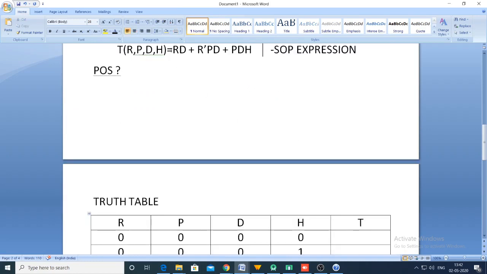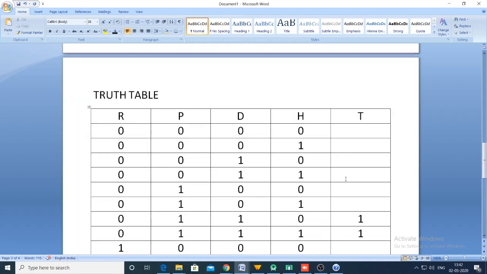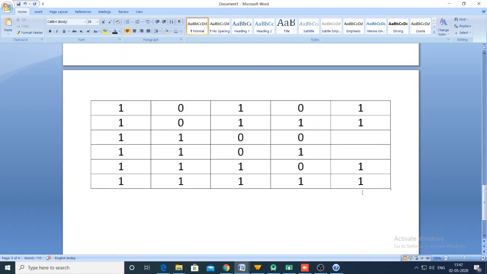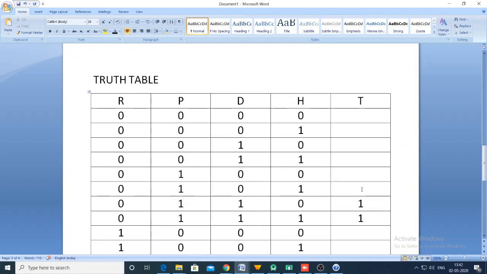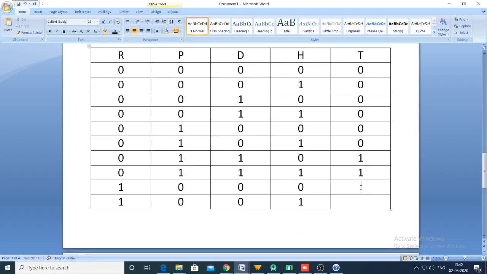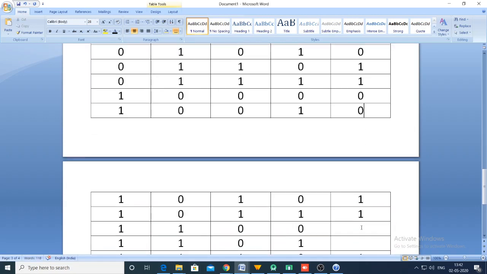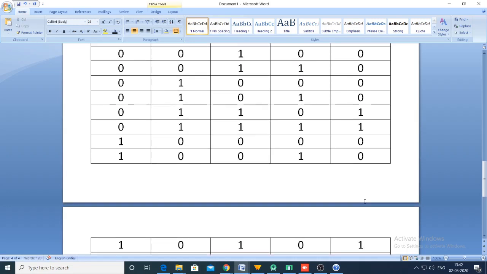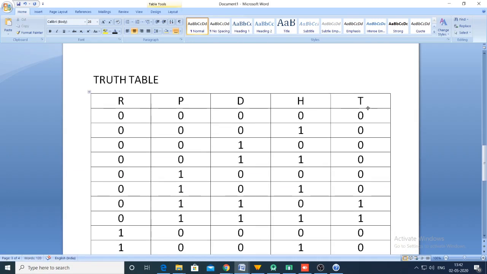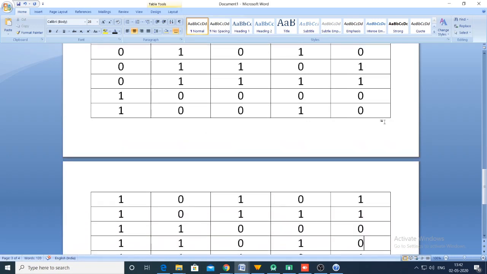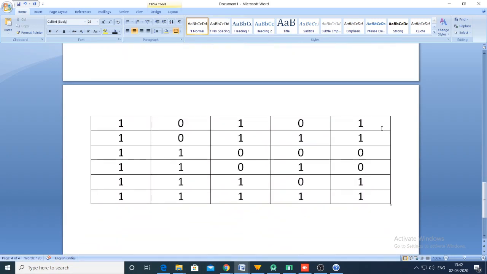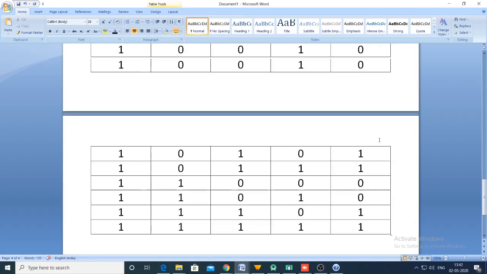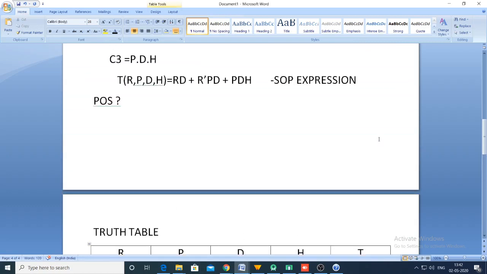So when you take each and every combination, we got this many 1s in the resultant column. Now the rest we can fill with 0s. Okay, that way we can fill it. So this is how we can prepare a truth table for a particular logical problem. Very easily you can do that.